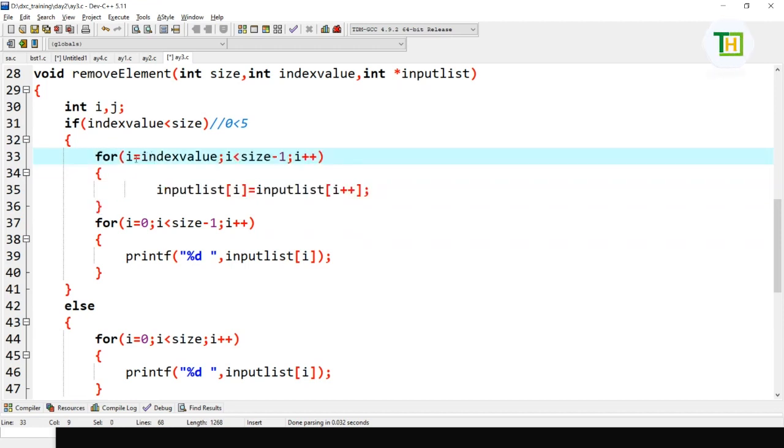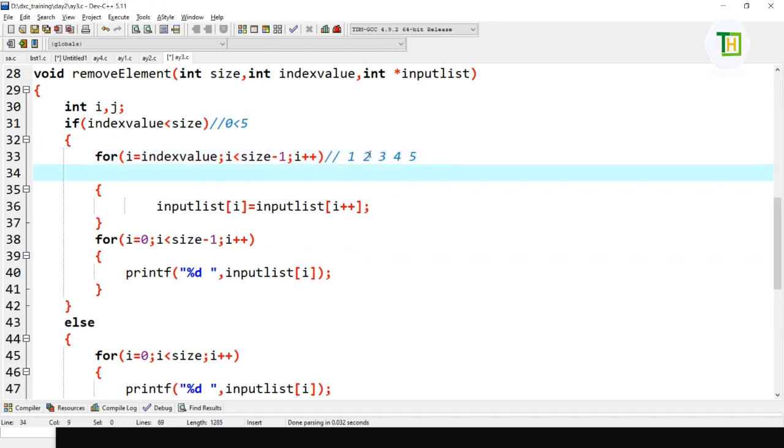Here i is equal to the index value. That means I'm going to write here, for example, 1, 2, 3, 4, and 5. These are the values here, and the index values are going to be like this: 0, 1, 2, 3, 4 only. Okay. Now